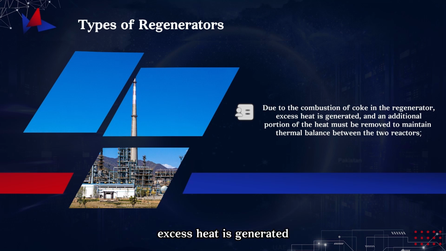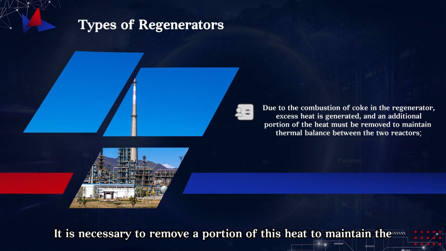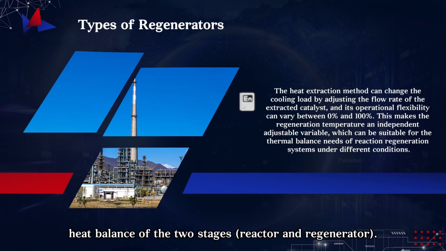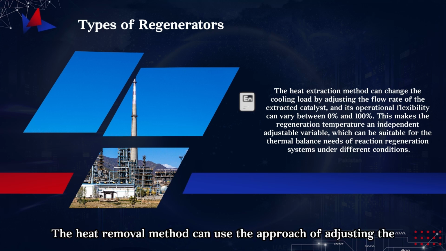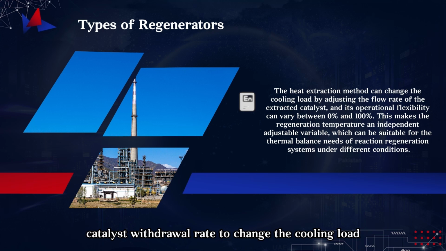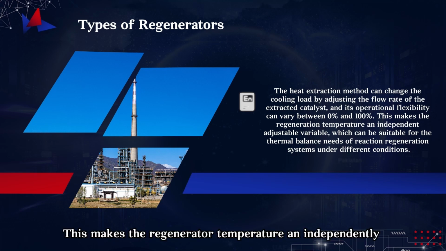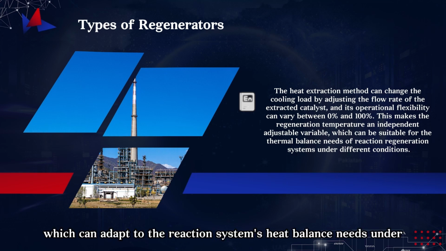Due to coke combustion in the regenerator, excess heat is generated. It is necessary to remove a portion of this heat to maintain the heat balance of the two stages, reactor and regenerator. The heat removal method can use the approach of adjusting the catalyst withdrawal rate to change the cooling load. Its operational flexibility can vary from 0 to 100%. This makes the regenerator temperature an independently adjustable variable, which can adapt to the reaction system's heat balance needs under